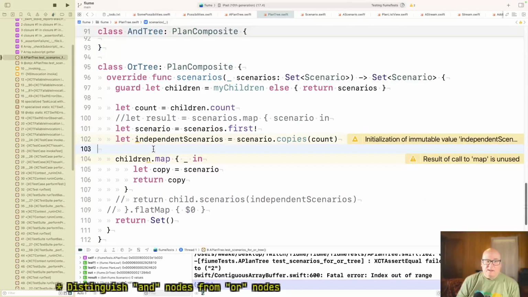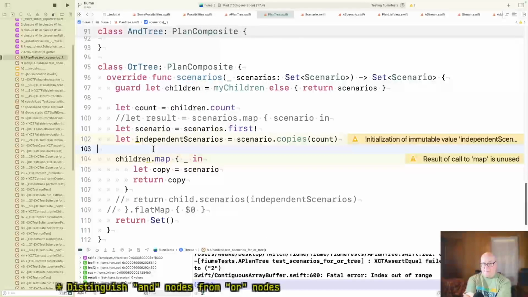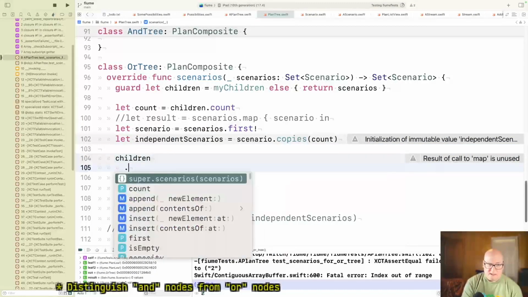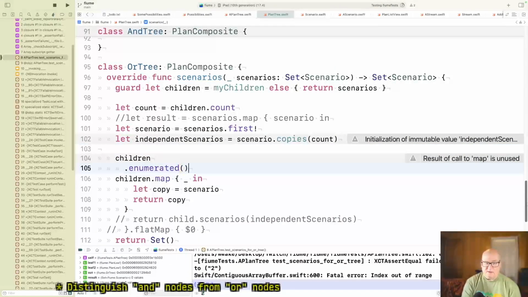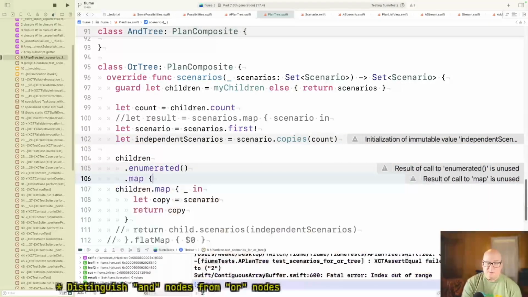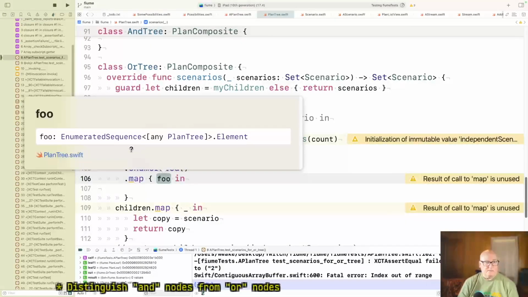Okay, so now I need to go through the children, but I need to pair them up with the right copy. So I'm going to do children dot enumerated, and enumerated turns them into count and element pairs.